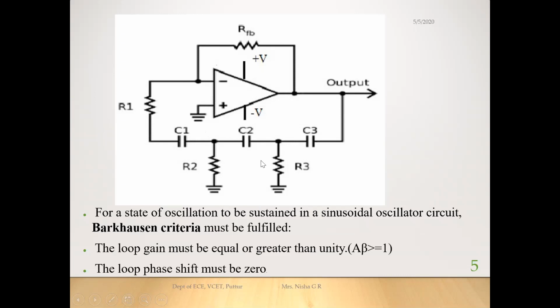That is why 3 different stages of RC are being used over here. That is one stage, second stage, and the third stage. So the input to this feedback network is the output of the amplifier, and the output of this feedback path is given as the input for the amplifier, and this is acting as the feedback resistor for the inverting amplifier. So in the feedback path, we have the 3-stage RC network. So 180-degree phase shift is there, and 3 different stages of RC we are going to make use of. How this is going to produce the 180-degree phase shift is, each stage is going to produce 60-degree phase shift. That we are going to see here.